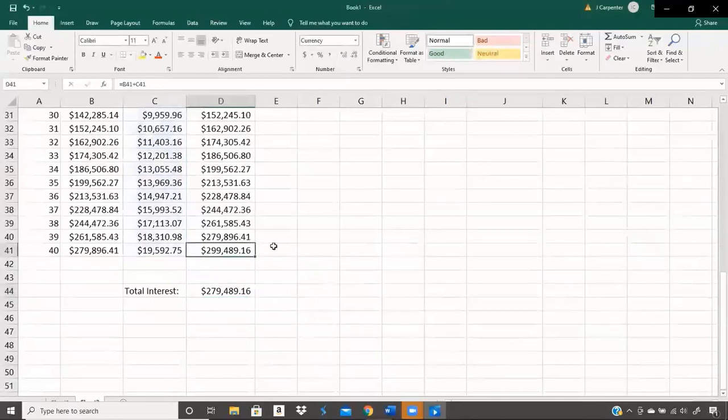We have our ending amount. So now Bob turned his 20 grand into 300 grand by just putting it aside and not touching it. Is he paying taxes on it? I don't know, maybe, maybe not. Maybe he's paying taxes on some. He's definitely going to be paying taxes on some. It is impossible to deposit 20 grand in 1 year and not pay taxes on at least some of that